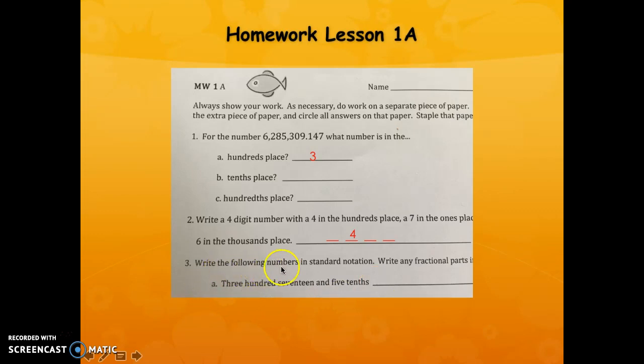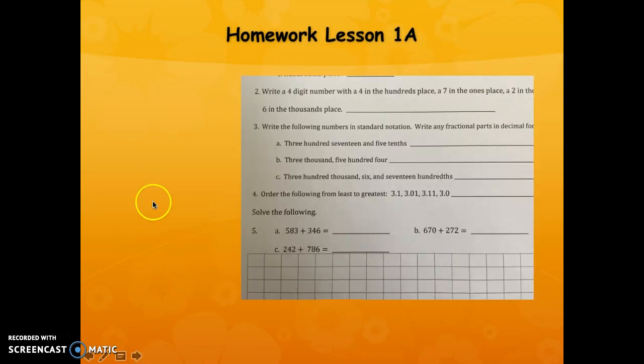We have to write the following numbers in standard notation. So if you look at letter A, 317 and 5/10, if we remember that the word and means a decimal, then 317 and 5/10 in standard notation, that means your everyday number would look like this. 317.5. All right, now